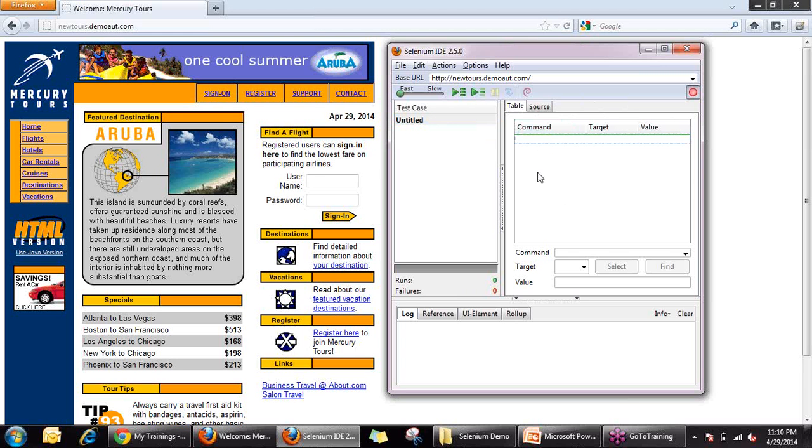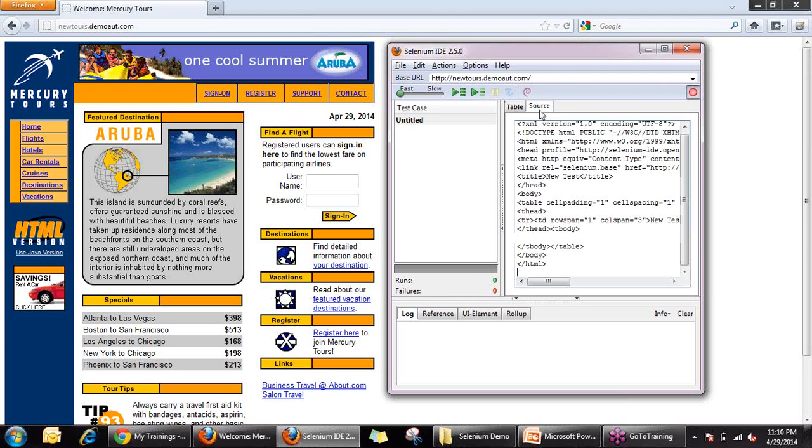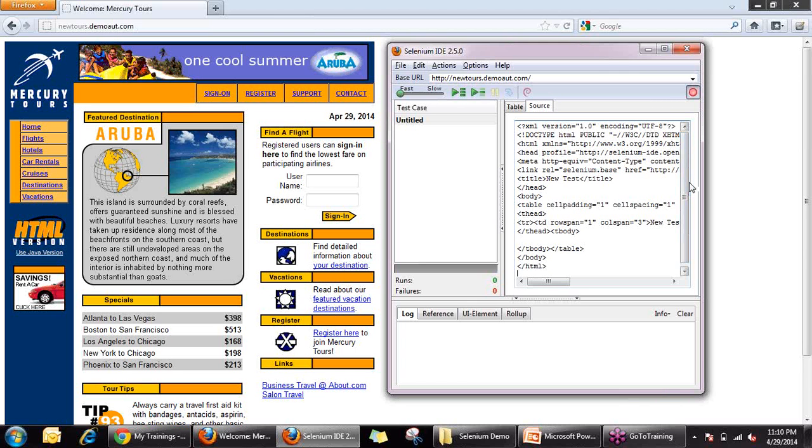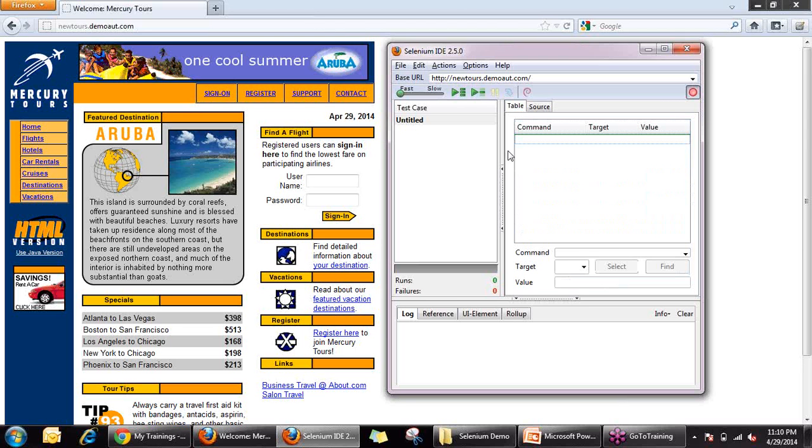So the commands which are captured in Selenium IDE are known as Selenese commands, come as and when we are performing each recording step. In the source, you can see the Selenese HTML table which gets generated from this particular table. Here are the different commands, the target and the value which we have put.